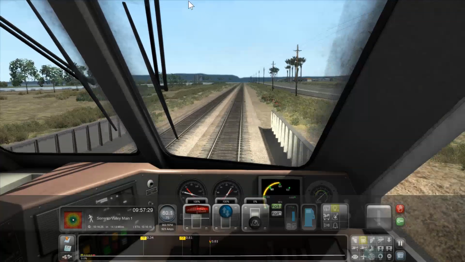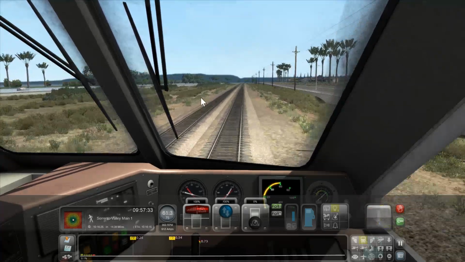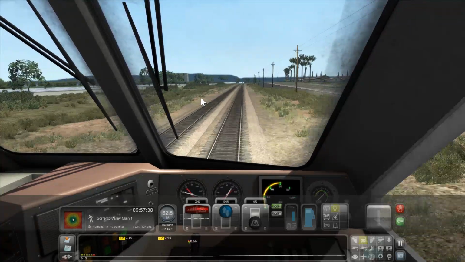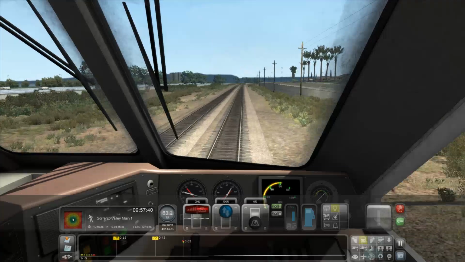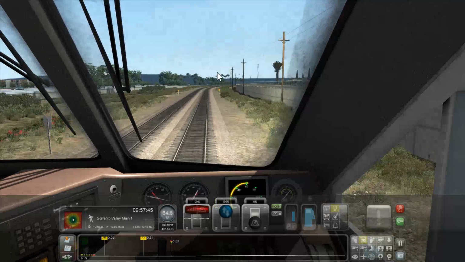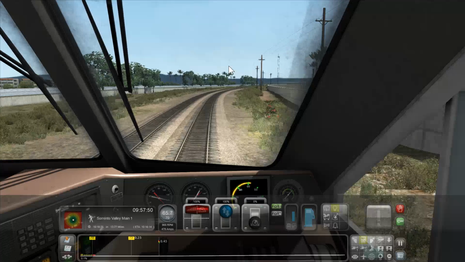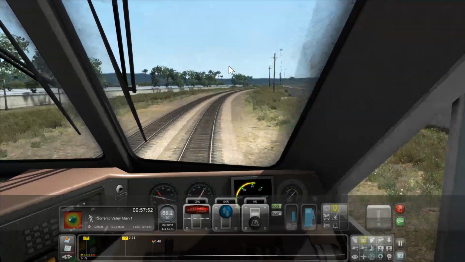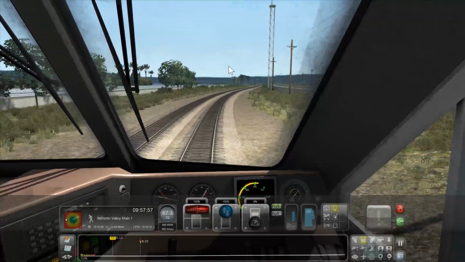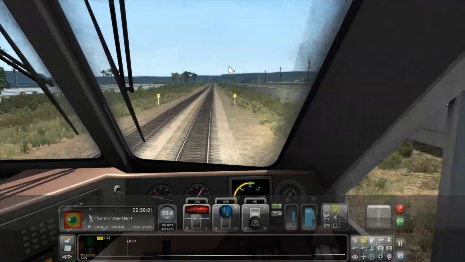But hit the alerter before it puts my train into penalty. Blah, blah, blah. This is going to be pretty boring for a while. It's just straightforward for a good, what, 13 miles, 14 miles? Although, at one point, there's the hill where there's all the curves and